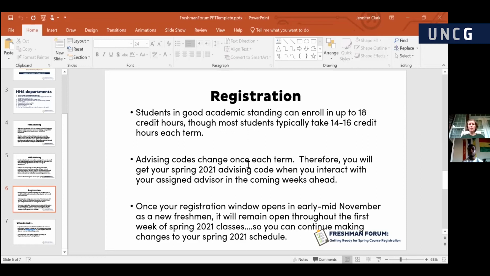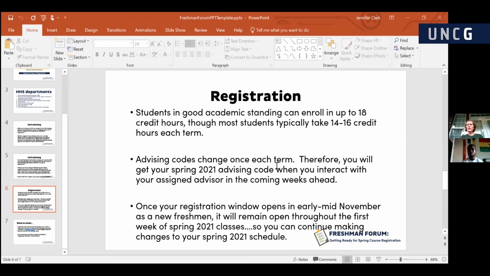Advising codes are always 6-digit numbers, and you only get one code per term. So if you will recall, maybe participating in a virtual June SOAR session, you learned that you were pre-registered in some courses for the fall over the summer, and then you probably got an email encouraging you to check out your schedule and make adjustments if you felt led to do so, and you were provided with the 6-digit advising code at that time.